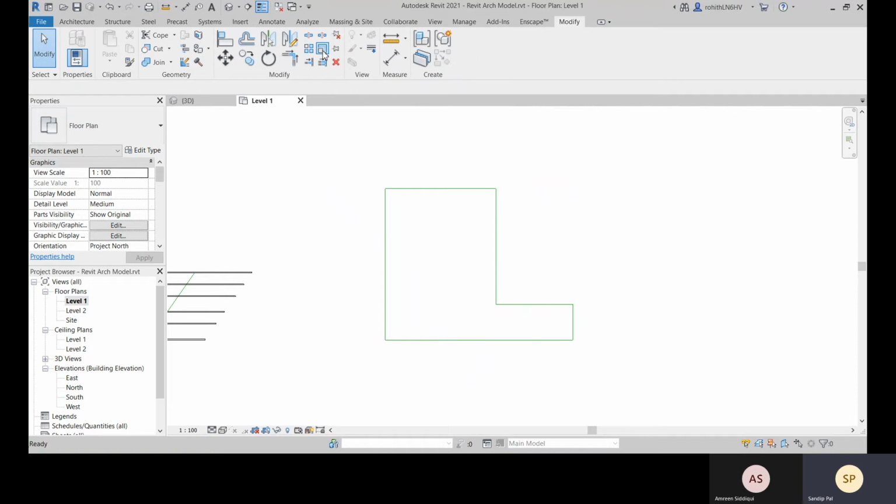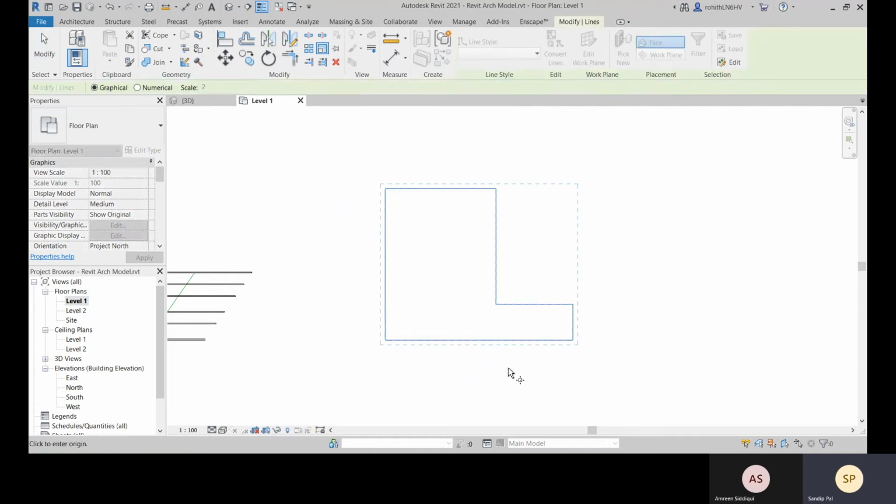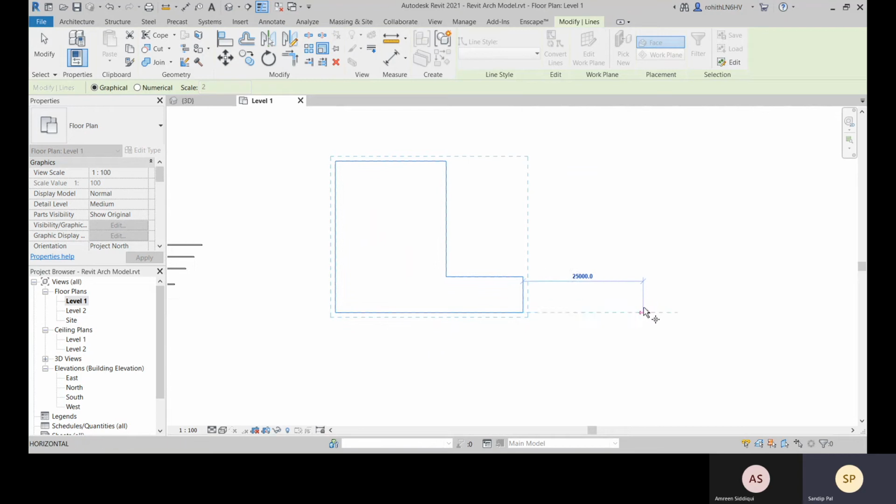All right, now you can scale this. Simply select and apply your scale factor to change the size. This will be the base point, and then you can specify the scale factor. Go with numerical and specify the scale factor.